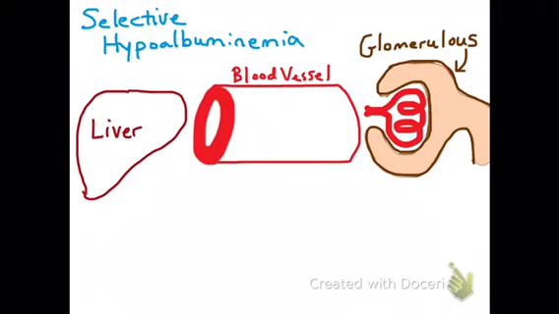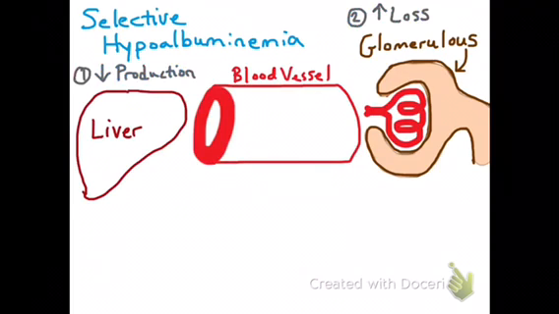This video is going to be on selective hypoalbuminemia, which means that albumin is decreased without a proportionate decrease in globulins. And there are two broad causes for selective hypoalbuminemia, and they are decreased production and increased loss. Starting with decreased production, there are three things which tend to cause decreased production, and they are inflammation, liver failure,